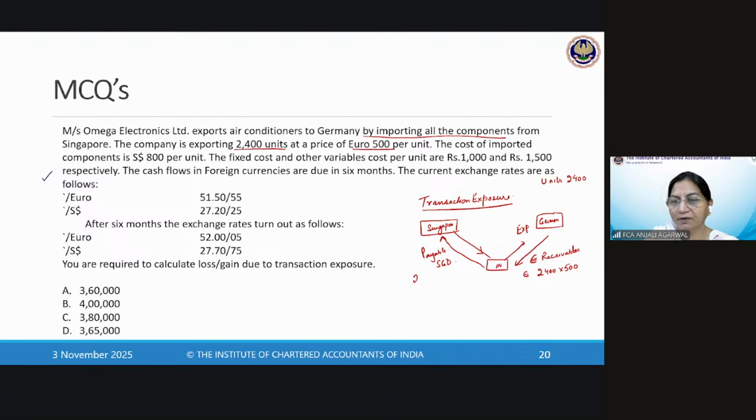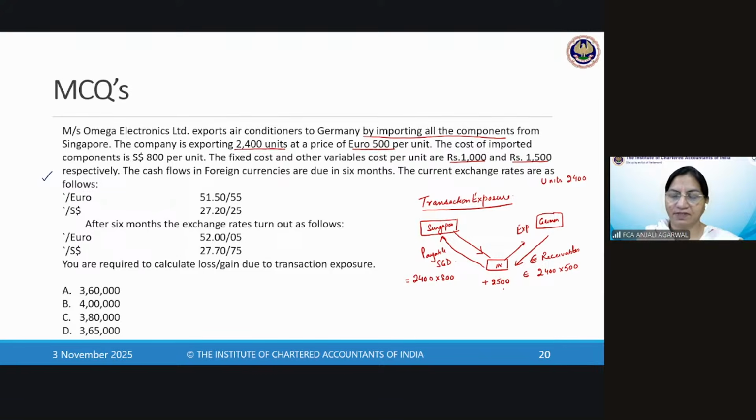Payables are 2400 into $800 Singapore dollars. You also incur a fixed cost and some variable cost per unit. This is in local currency, Indian rupees, 1000 and 1500. So this is your import cost plus 2500, that is 1000 plus 1500. Now what you need to do is find out what is your gain or loss